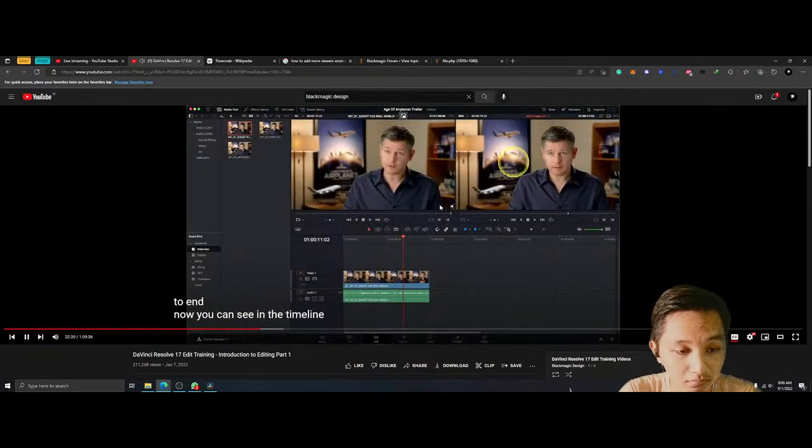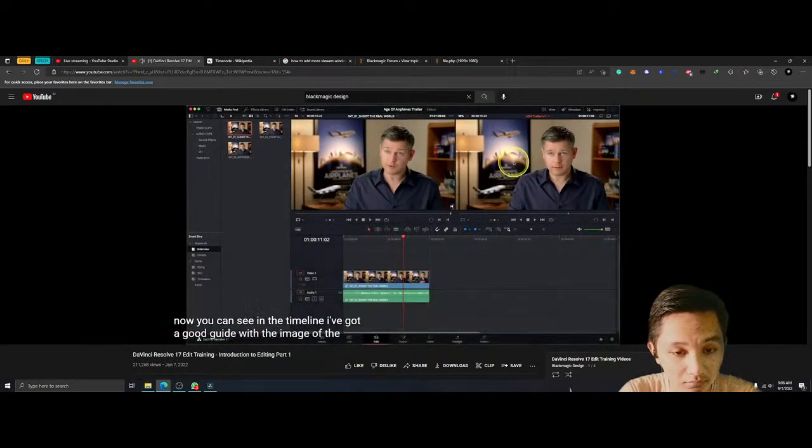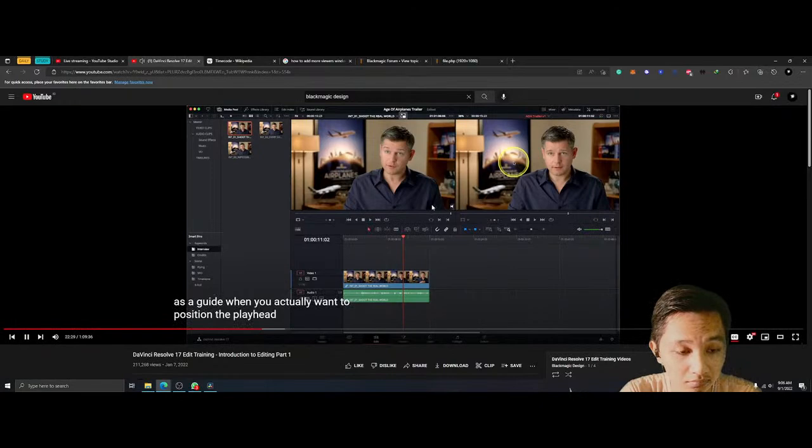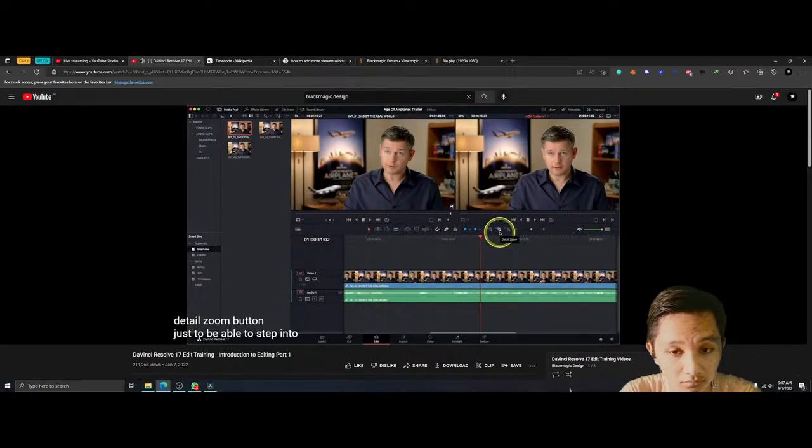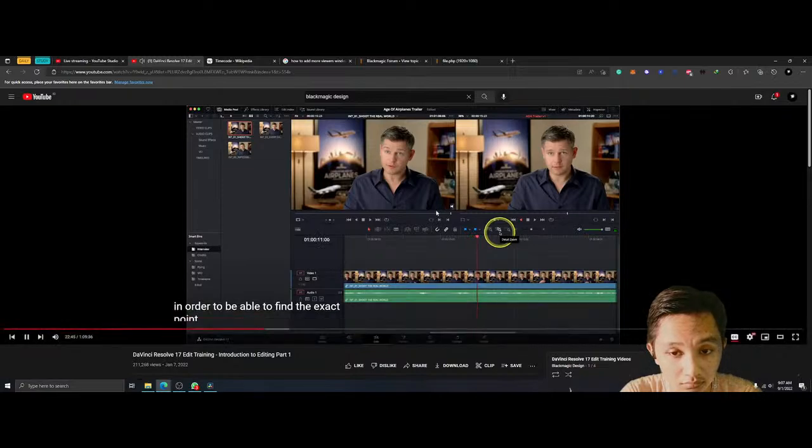That's a good place for this soundbite to end. Now you can see in the timeline I've got a good guide with the image of the waveform where he starts and stops speaking. You can use this as a guide when you want to position the playhead for the next edit. In this case, I'm going to click the detail zoom button to step into the timeline a little more clearly, and then use the J and L keys to find the exact point within that interview where he